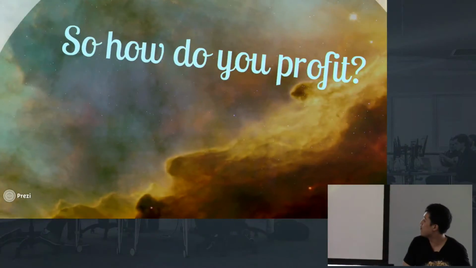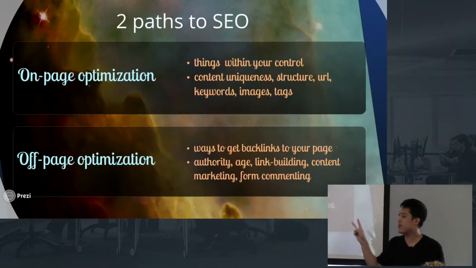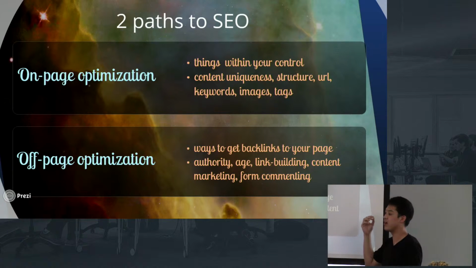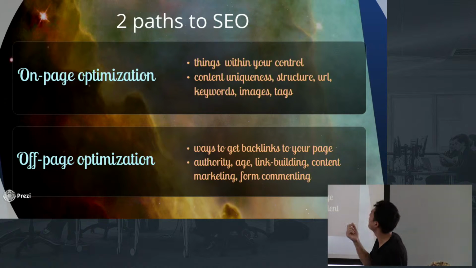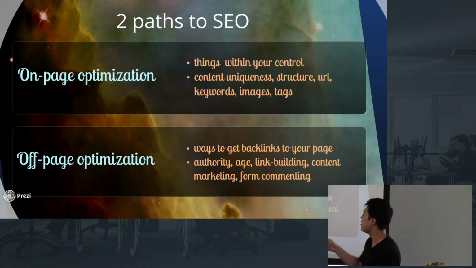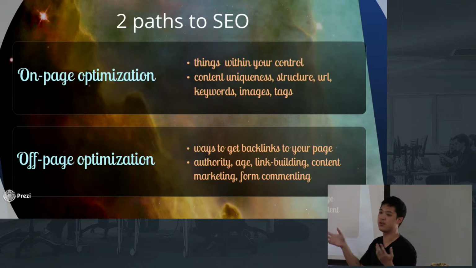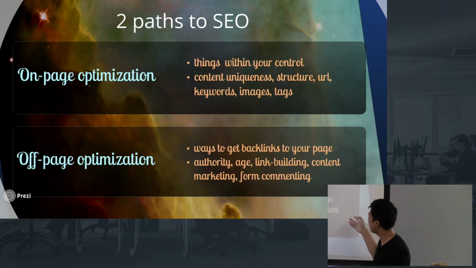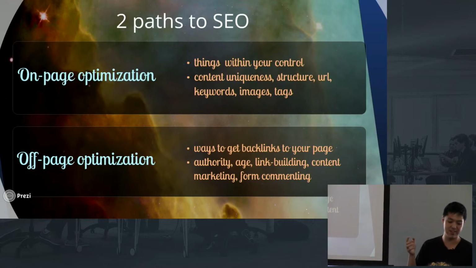So what does this all mean for you guys? There are two ways to SEO. On-page optimization is stuff I mentioned, like putting keywords in title tags and making sure your images have alt tags and descriptive keywords. Making sure that your sitemap is decent and allows crawlers to easily access your pages. Off-page is all the grind work you have to do, like getting quality sites to point back to you. There are a number of ways to do that, but I won't go into them as of now.